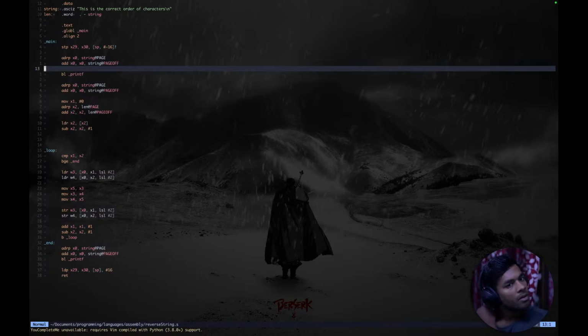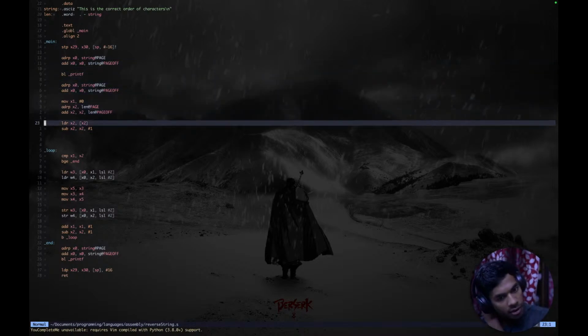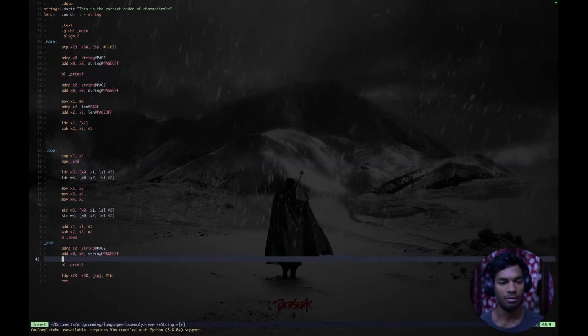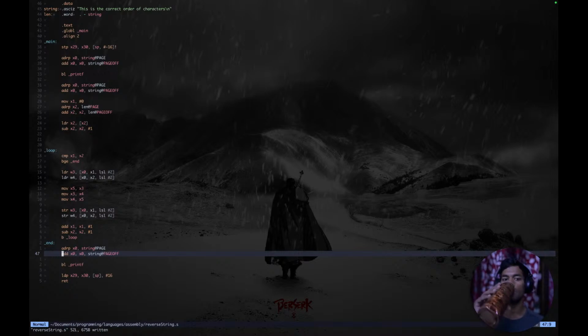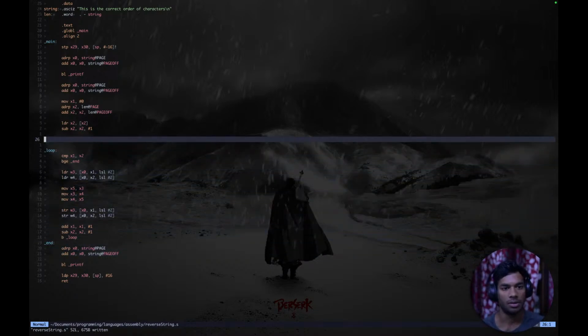I'm calling printf here and it works. And then I'm calling printf here, and it does not work here. Hmm. Let me return with